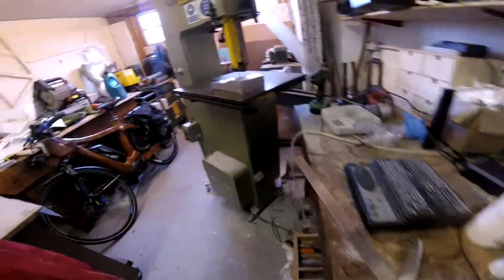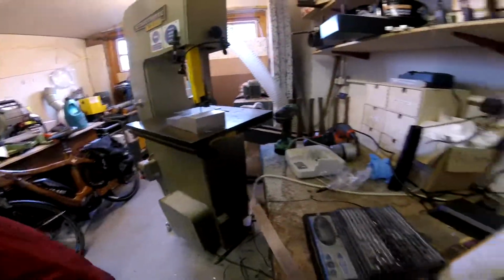So that's how I do the bending. On the headstock,